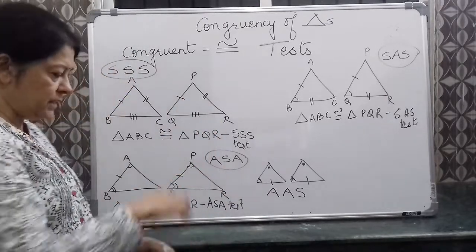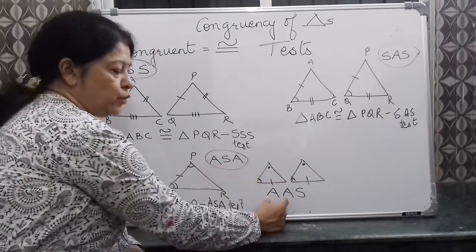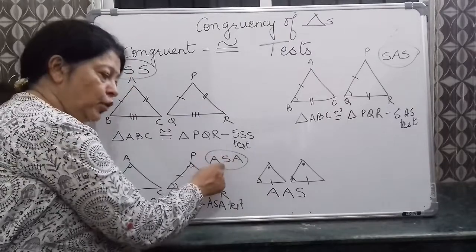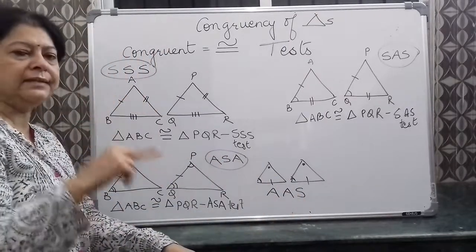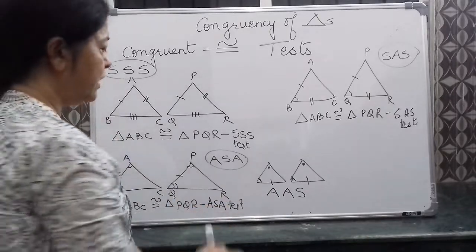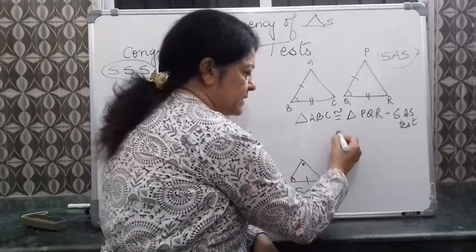I don't mean to say that this triangle is the same as that triangle. What I mean to say is two angles are here, two angles are here, but here the included side is there, whereas here the side is outside the two angles. So therefore this is one more test, and there is one last test, that is